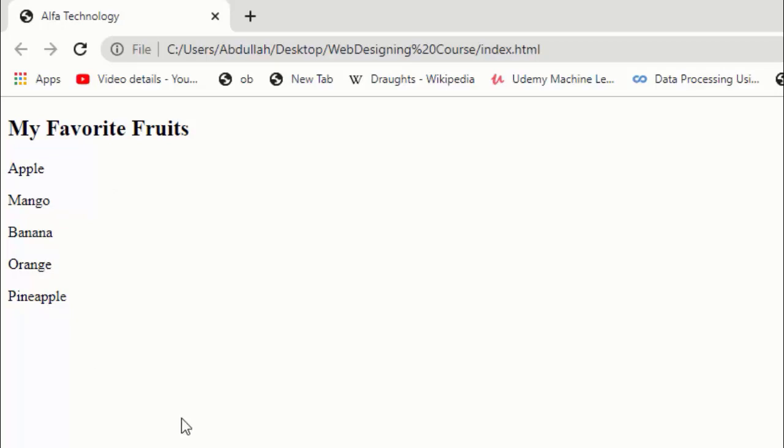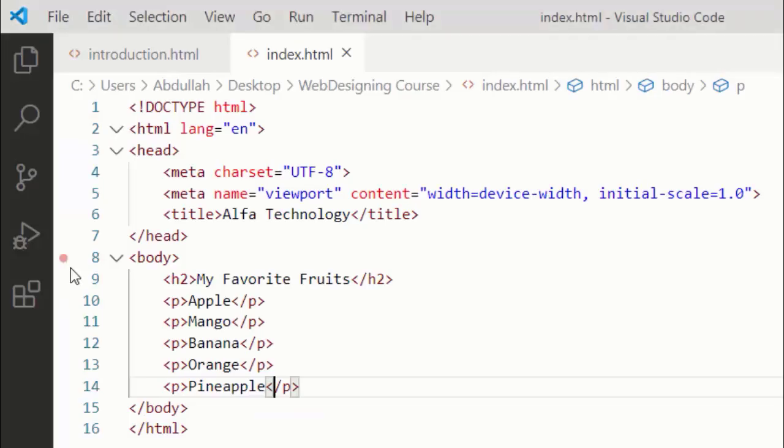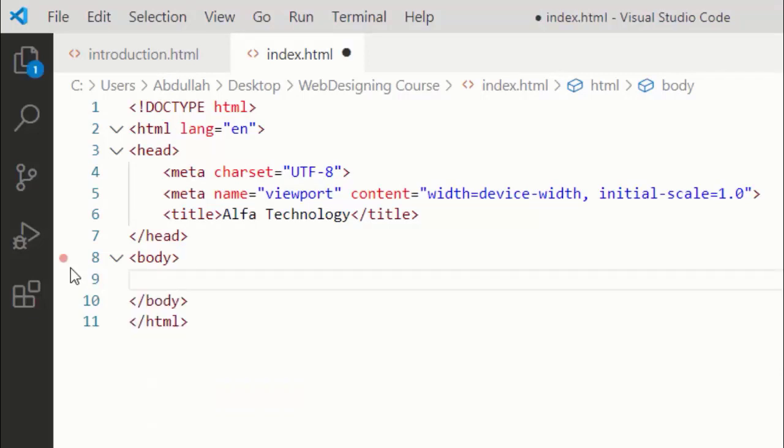But whenever we talk about good formatting, this doesn't look like good formatting. It should have a bit of indent, padding or margin, and it should have a dot or numbers, so we can say that these belong to the my favorite fruits title. Now what we can do is use the list tag in HTML.